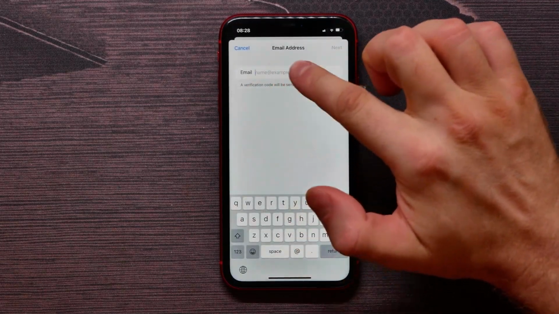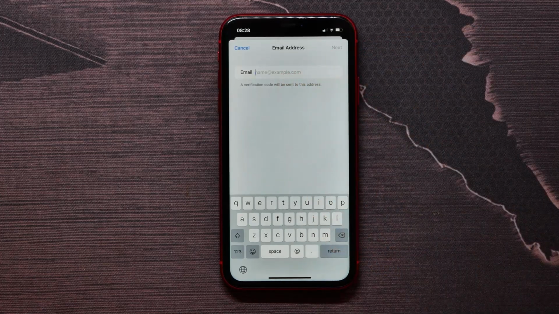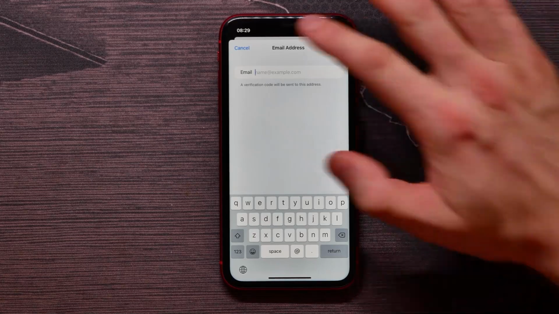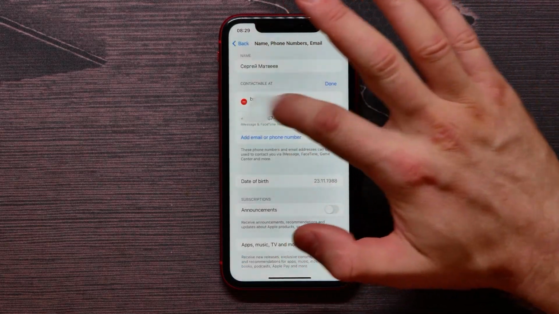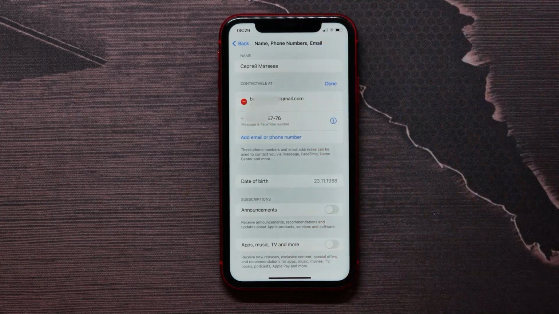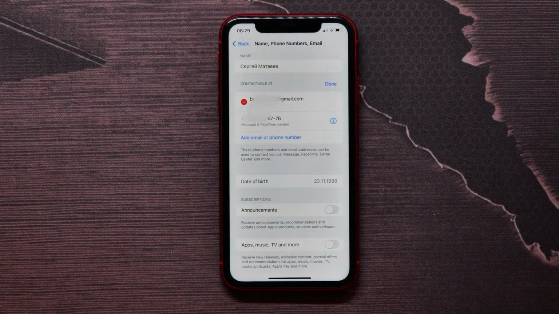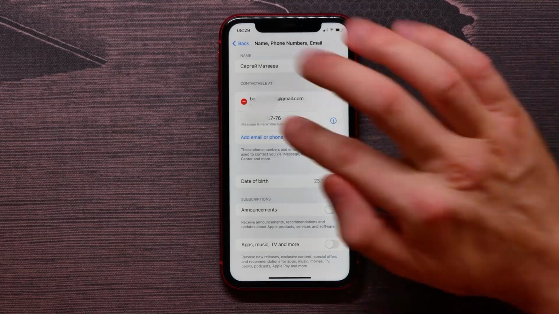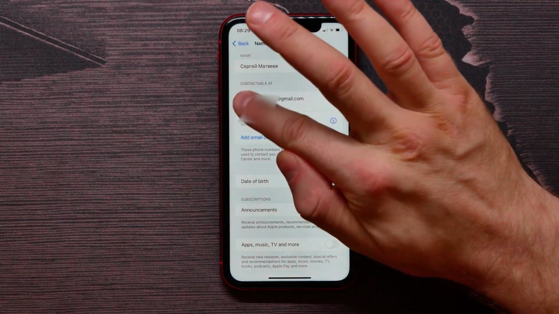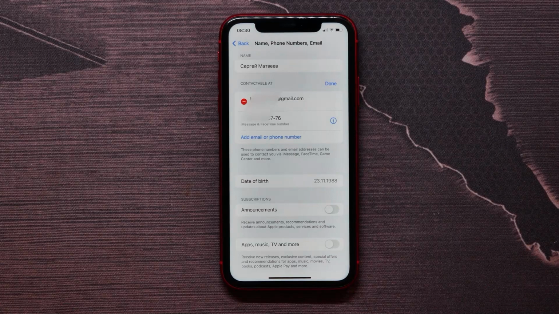Here I need to type in a new email, then I will get a confirmation code to prove that it's me, and then here you will see a couple of your emails, and then you will be able to delete the old email. For that you need to tap on that red minus icon, and then here you will get just the new